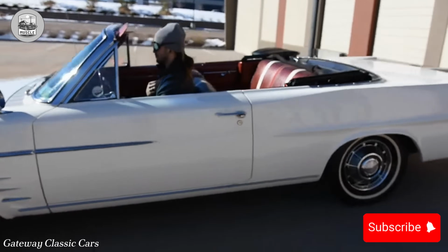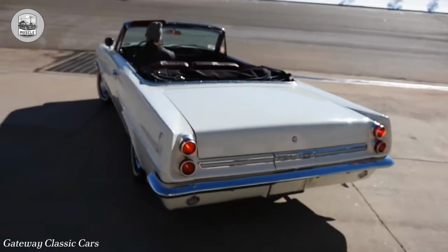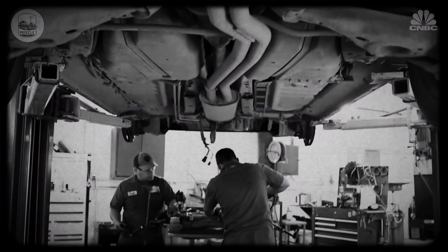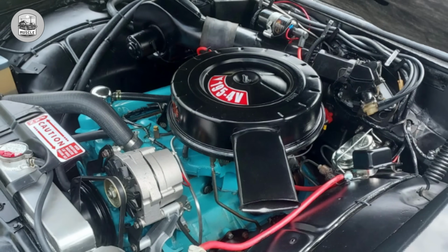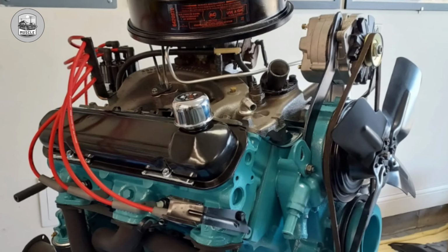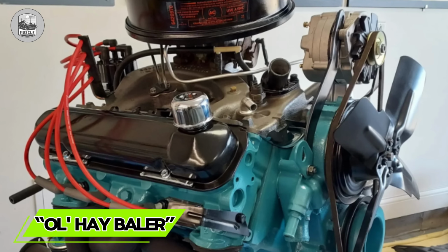Unfortunately, the sheer size of the engine, 195.5 cubic inches, made it prone to significant vibration. Pontiac engineers attempted to reduce this by installing large, soft rubber motor mounts and employing the Tempest's unique rope drive system, which acted as a torsional damper. Despite these efforts, the engine earned the nickname Ol' Hay Baler due to its rough-running nature when it fell out